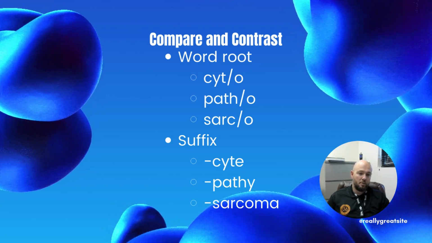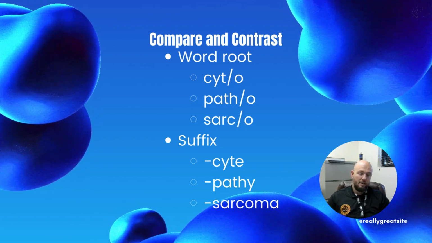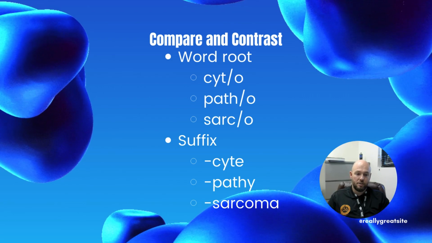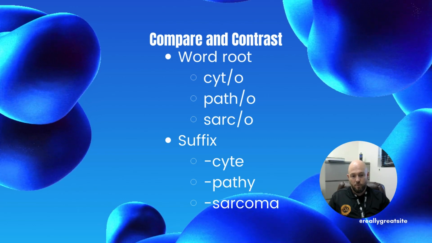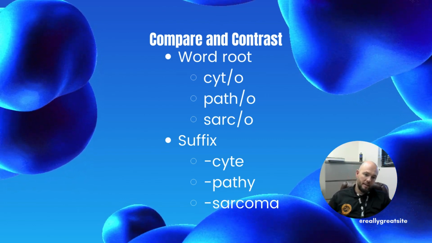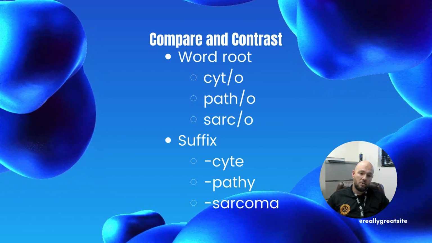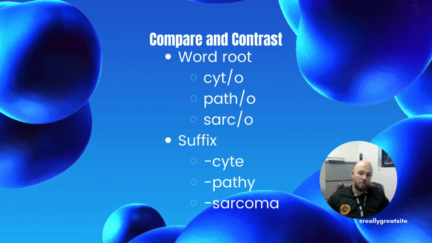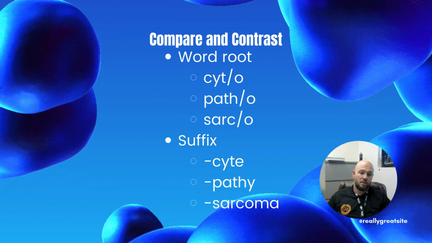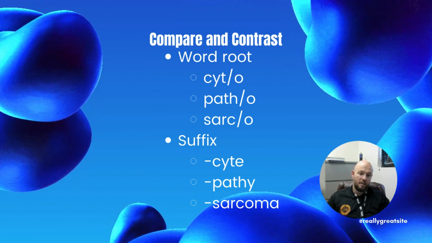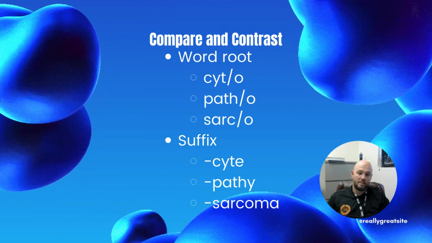Also, another example would be patho, the combining form for path or disease. Pathy can be at the end of a term with a different word root, meaning disease of whatever the other word root is. And the last example here is sarco. Sarco is a combining form for the word root sarc, which means like connective tissue. But the suffix sarcoma, it has that sarco in it. This actually means malignant tumor. So just kind of some things you have to memorize.